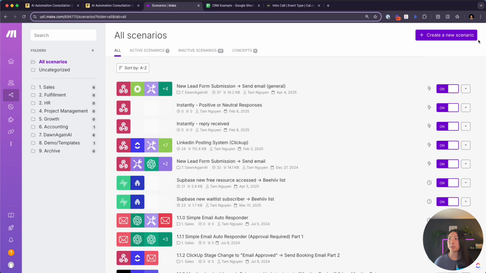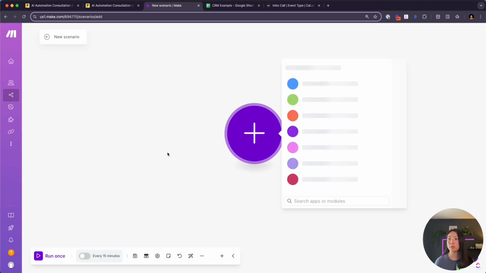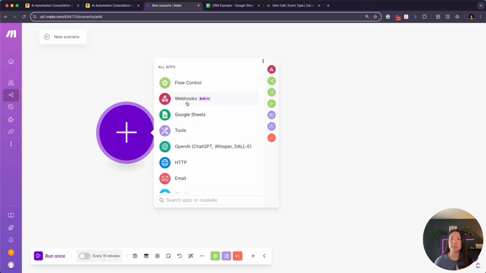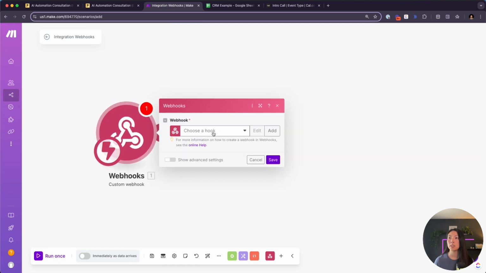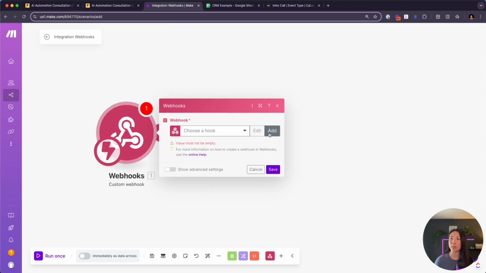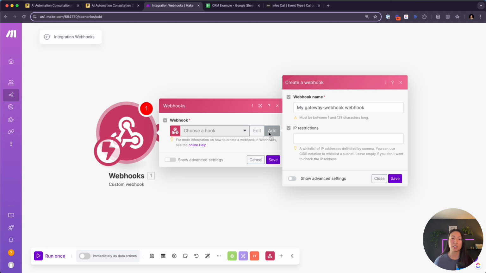So go to scenarios and we're going to create a brand new scenario. And in this scenario, we're going to create a brand new webhook as well. So it's going to be webhook, custom webhook. And there's a few webhooks to choose from, but you definitely want to create something new. And a webhook is really just a URL that we can paste into cal.com so that it connects the two systems. So we'll do new meeting booked,